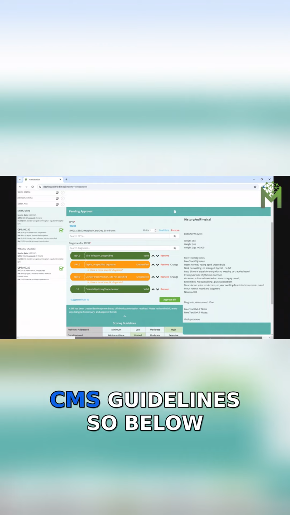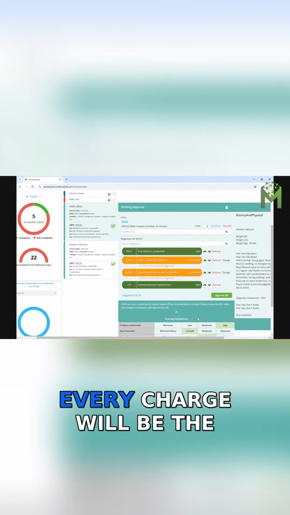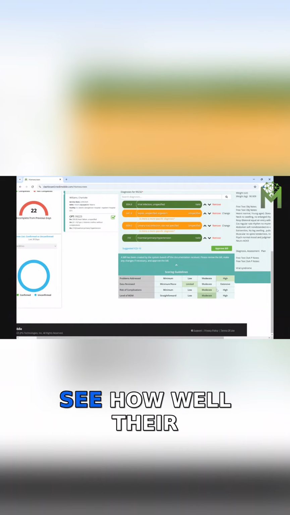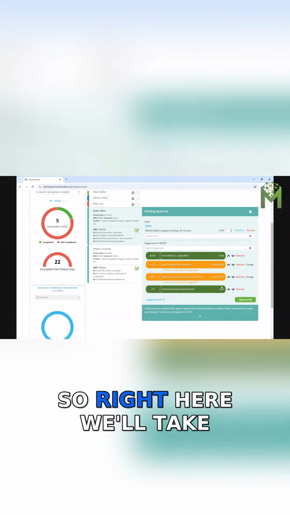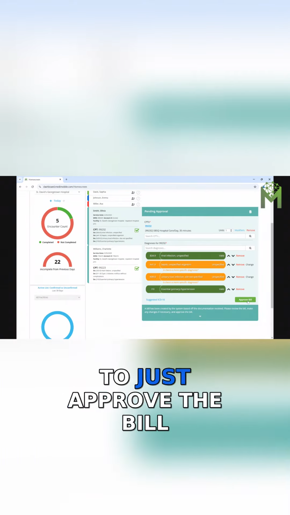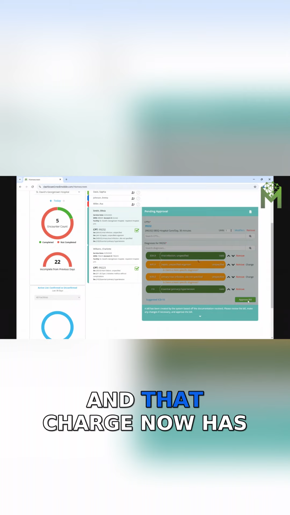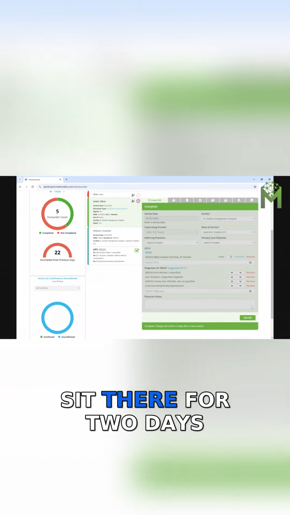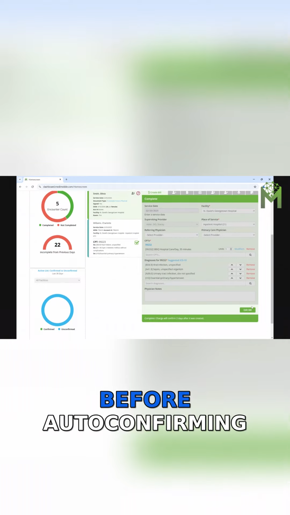We do follow the CMS guidelines, so below every charge will be the scoring guideline, and the provider is able to see how well their documentation did score. So right here, we'll take note that it allows us to just approve the bill. And that charge now has been completed and would sit there for 48 hours before auto-confirming onto